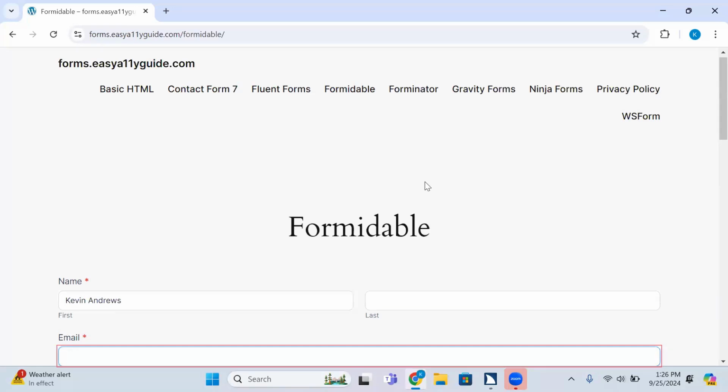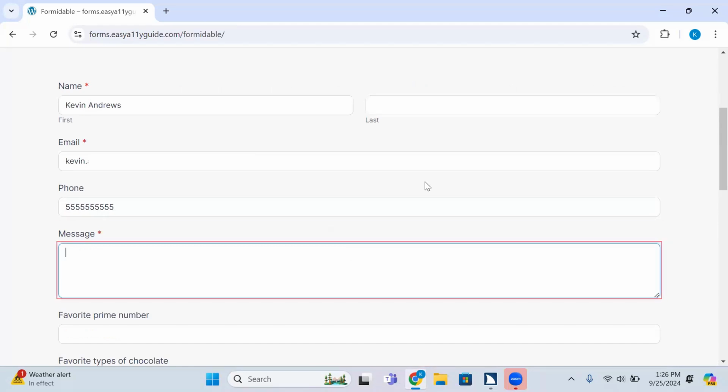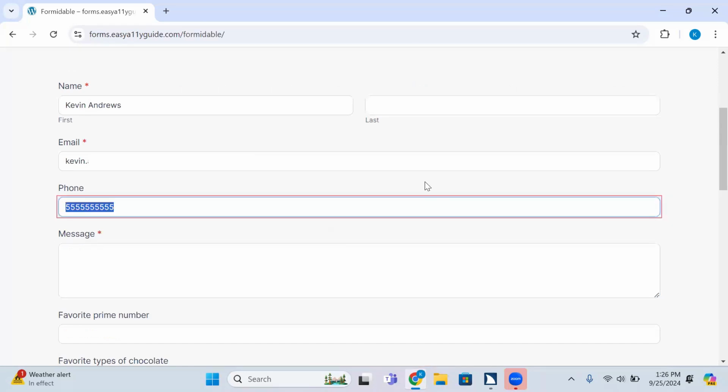Blank. Type in text. It says email. Is that correct or no? It's listed as ARIA required true. So let's keep going through the form and see what happens. All right. I'll just do it as if I wasn't the wiser. Okay. Phone edit. Blank. Type in text. 555. Message required. Message edit.